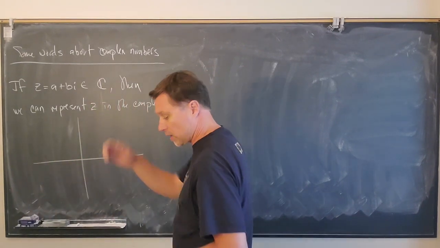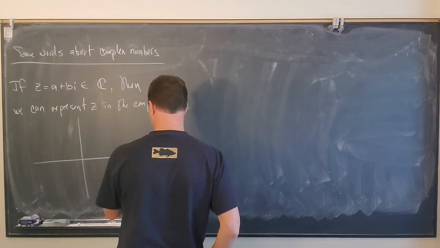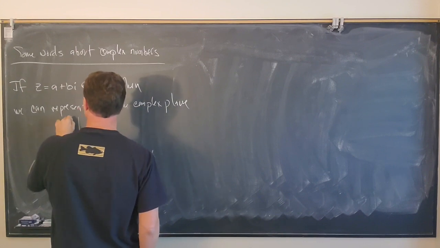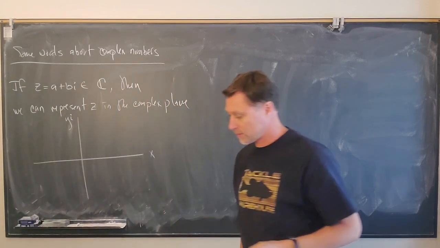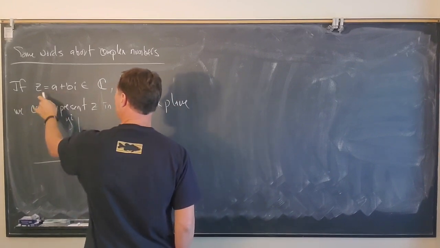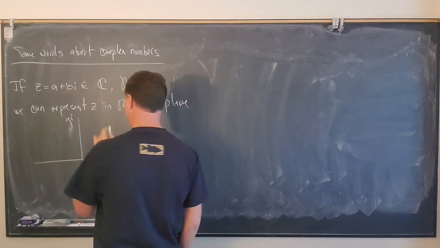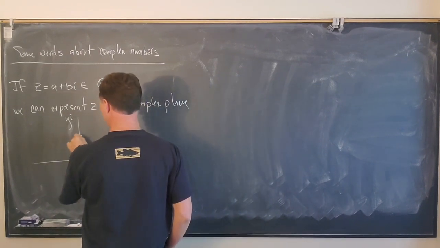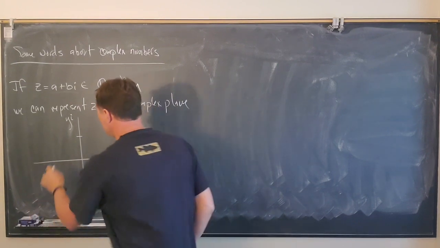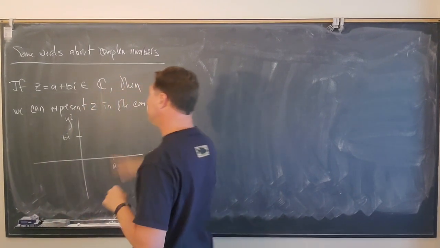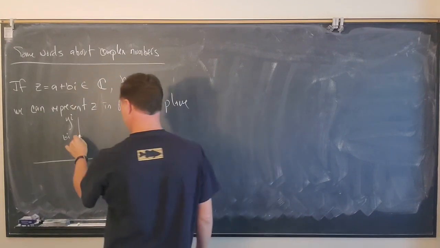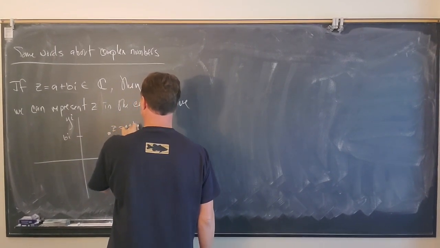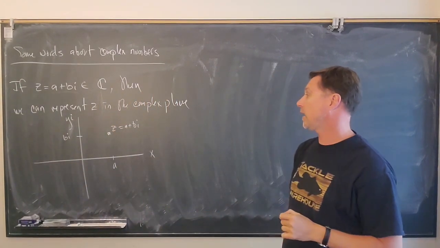We have a real axis, so I'll label it the x-axis, but we consider this the real axis. And then we have the complex axis, which I label as the y-axis. If we have z equal to a plus bi, I go over a units on the x-axis, the real axis, and then I go up b units to the position bi on the imaginary axis, and